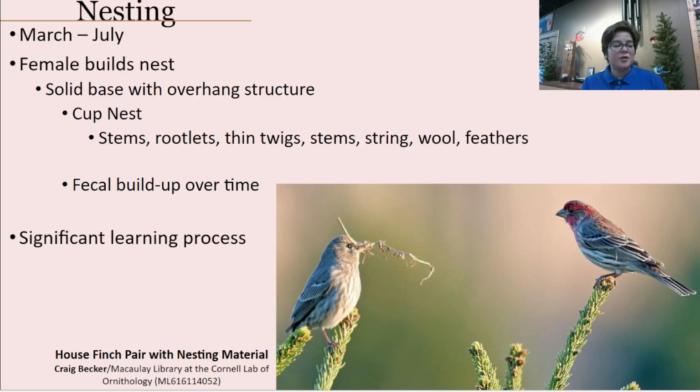Over time, you will find that there is a lot of fecal buildup, or poop buildup, on the outside of the nest. Usually what will happen with a lot of nestlings, and this is just with any nestling in general, is that when they defecate, it's a solid form of poop called a fecal sac. So it looks a little bit different than what we see on our windshields in the morning. But essentially, this little sac makes it easier for the parents to take away or, honestly, sometimes eat, because that keeps the nest clean and it reduces any other activity going on that predators might be able to detect. So for the first few days, the house finches are really good at keeping the nest clean,